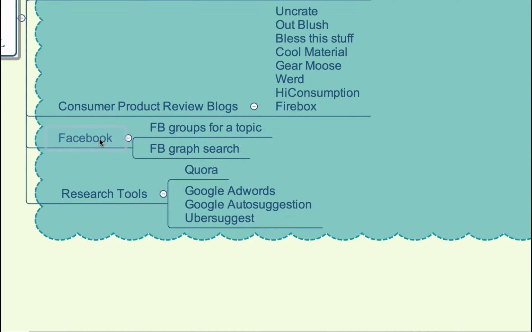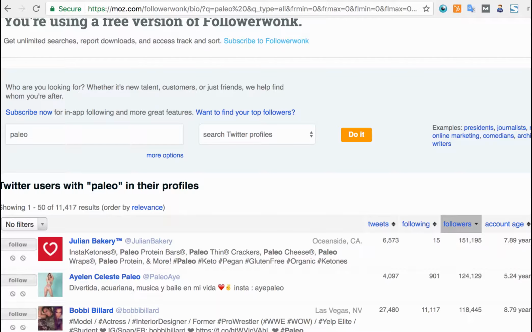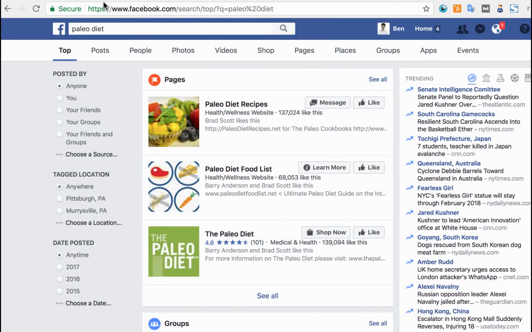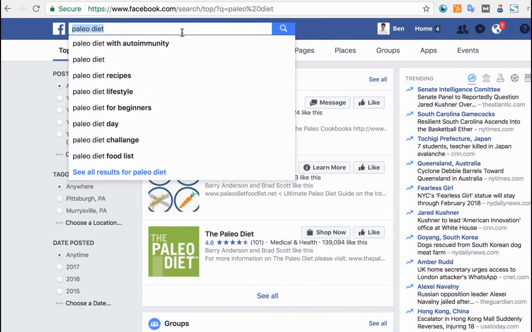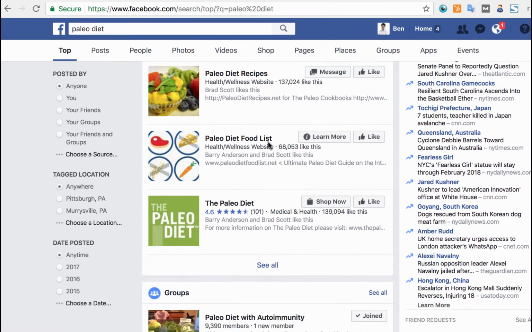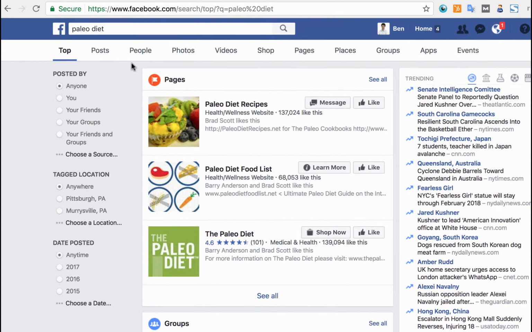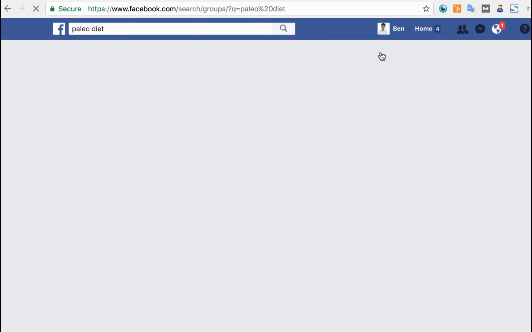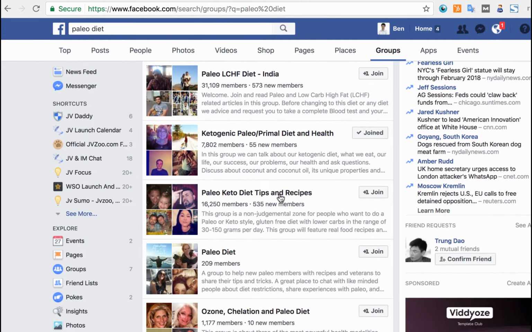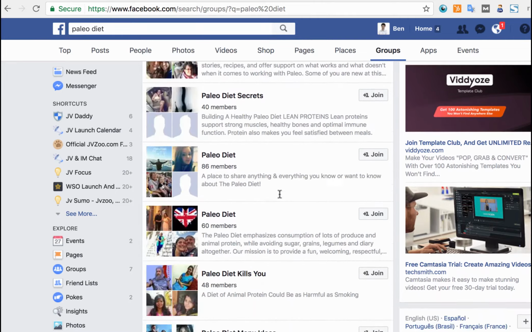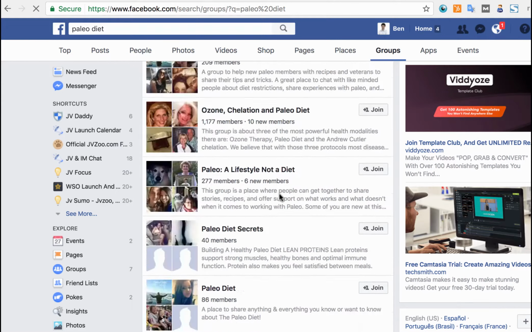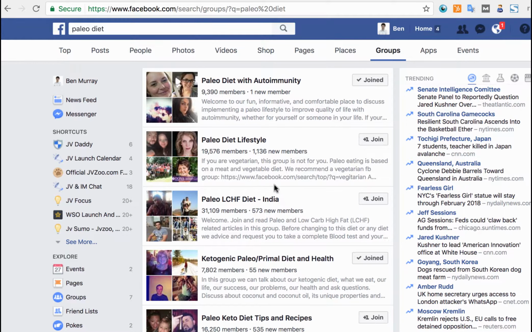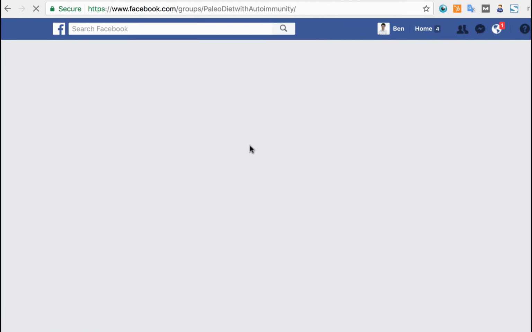Now, another thing you can do is check out Facebook Graph Search. You probably know what this is as well. You can just type in paleo diet up here on Facebook as soon as you log in. And you can check out what type of people are posting about that content, the newest photos. Something you should check out is groups, if there's a lot of groups relating to this. If there is, then there's probably a popular topic, with a lot of people out there, that you can tap into to sell something within that niche. You can go into the group specifically and see the conversations or products they're talking about.